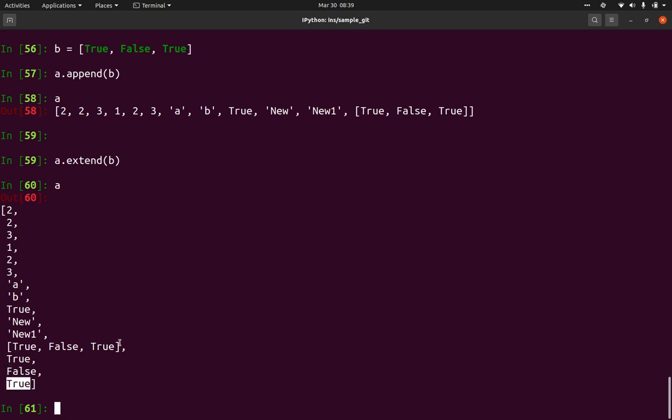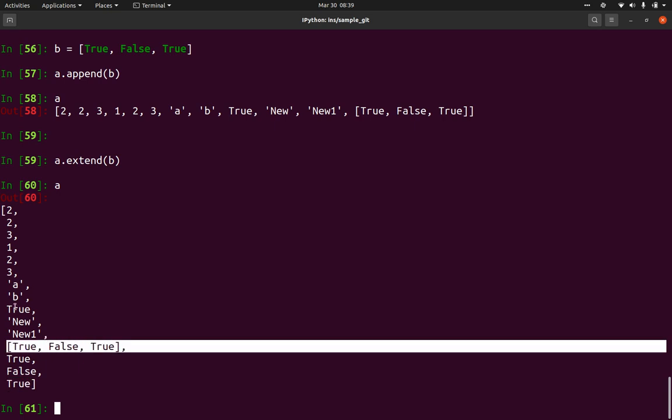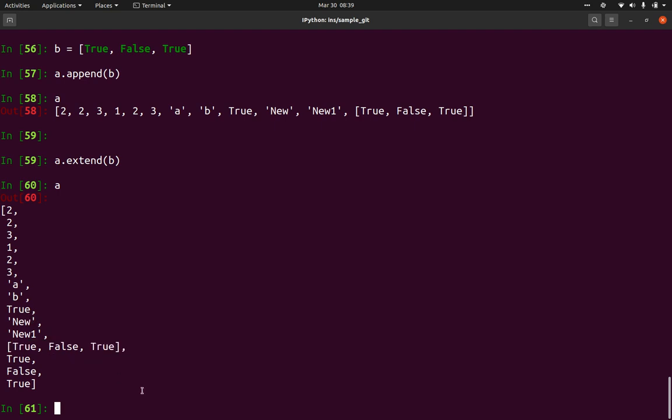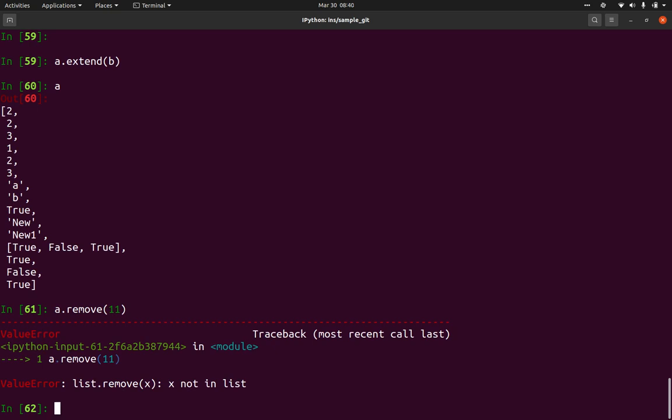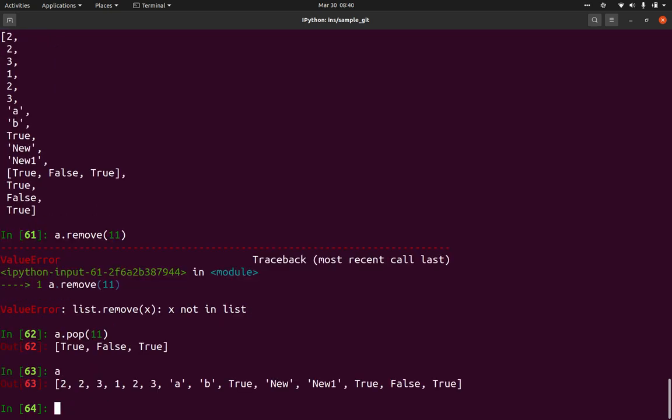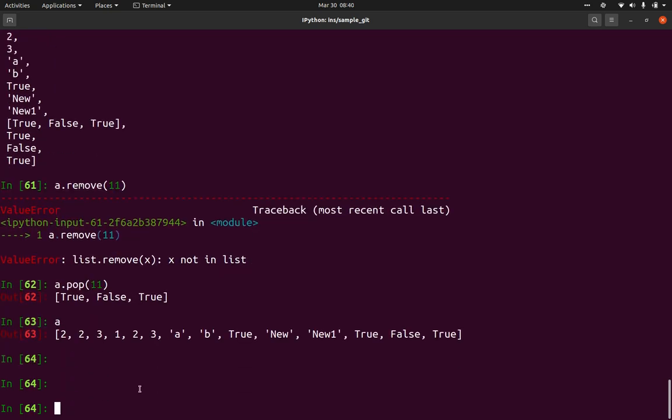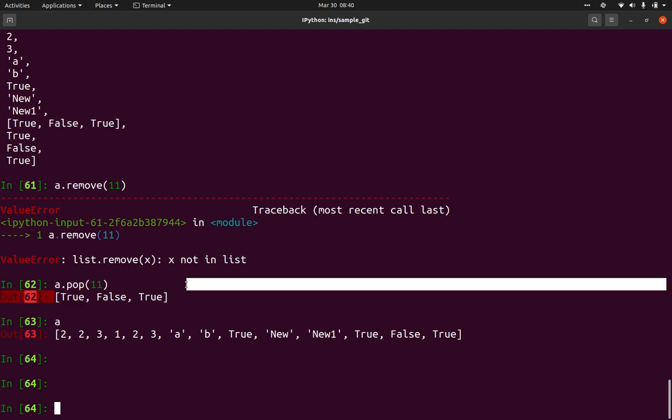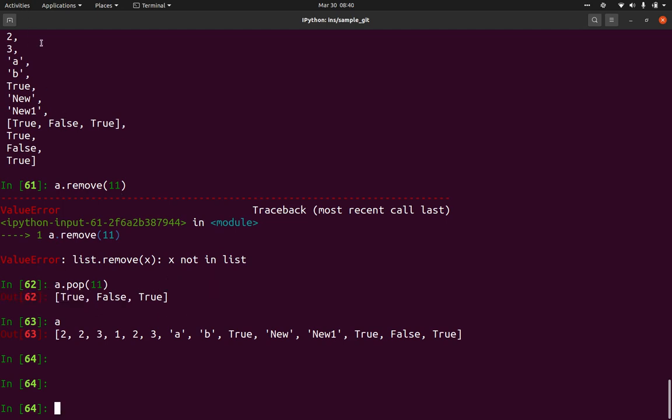So let me just remove this. 0, 1, 2, 3, 4, 5, 6, 7, 8, 9, 10, 11. A dot pop. So I just deleted that, forget about this, so that we get the simple list.